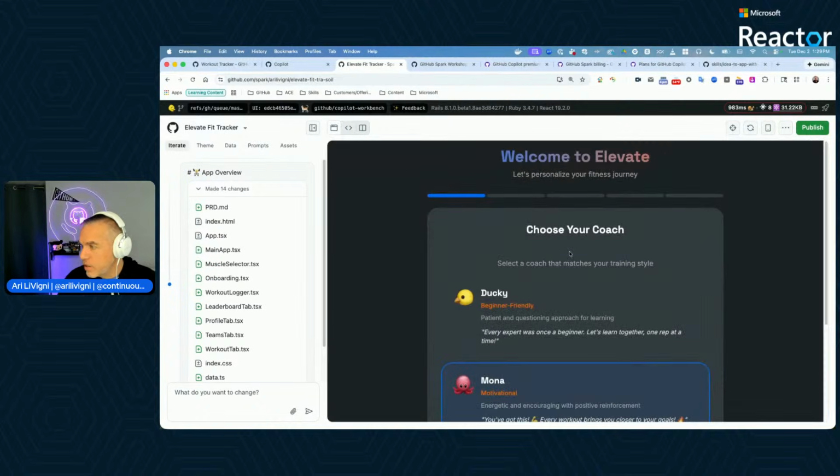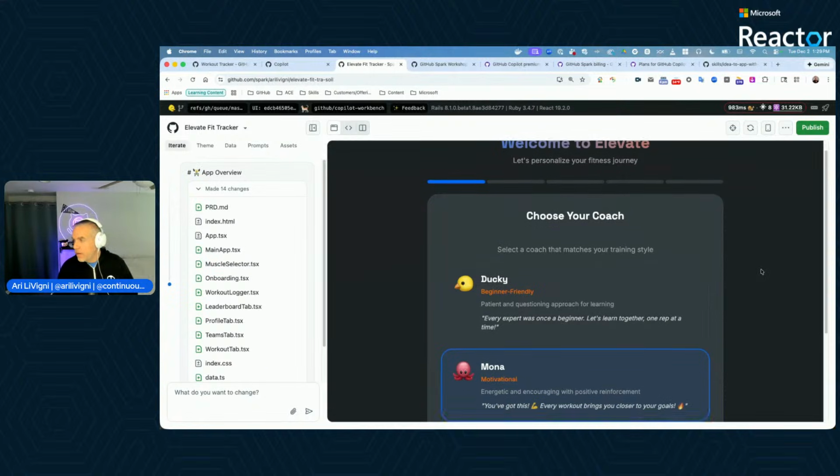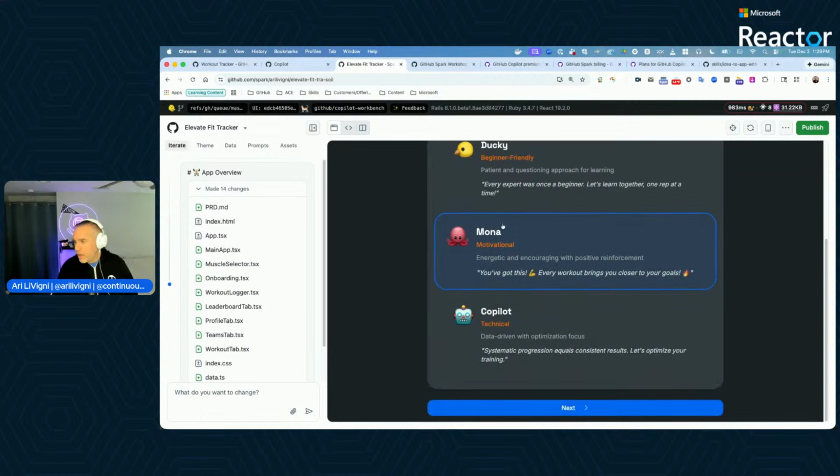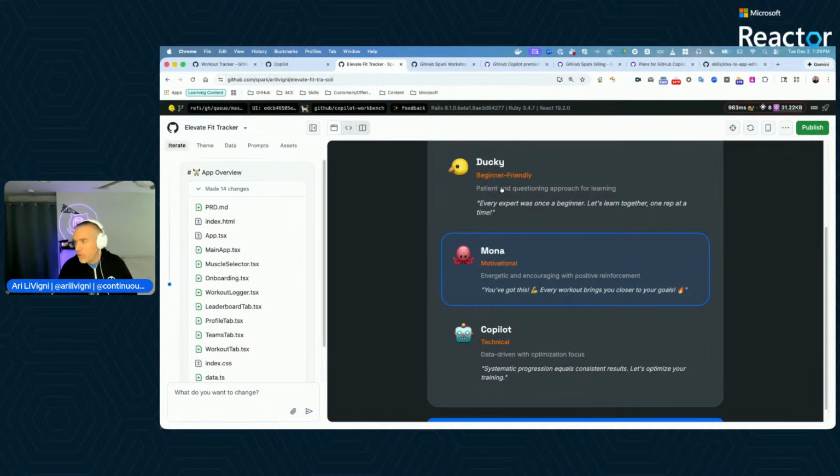So let's take a look at what we got. Just by typing that prompt, or copying and pasting that prompt that I had written out, or I borrowed from my friend Andre, who did an awesome job. You can choose your coach, your starting point. It used the different personas of the AI coaches that we had available, and also offered up a quote